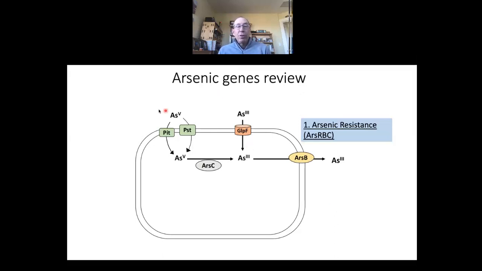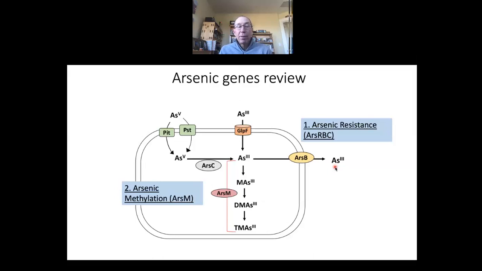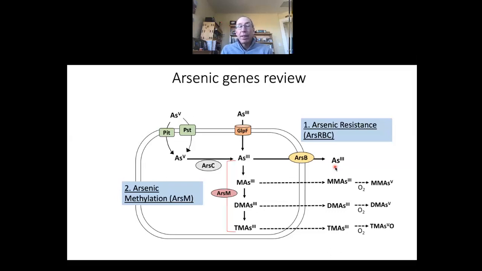So we have gene transporters involved with taking arsenate into cells. We have arsenite can be uptaken into cells. We have genes that can convert arsenate to arsenite, and we have exporters of arsenite. We've also talked about arsenic methylation. These ArsM genes, which are involved with methylating arsenic, these have kind of a more complex impacts on toxicity, but these methylated forms can be excreted from cells and turned from arsenite to arsenate.